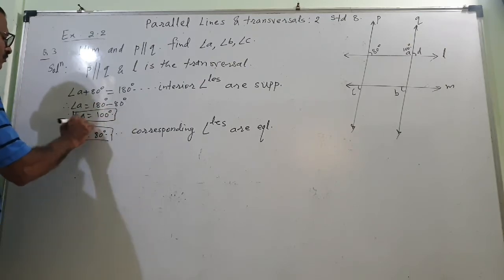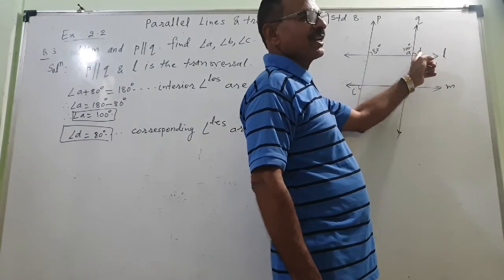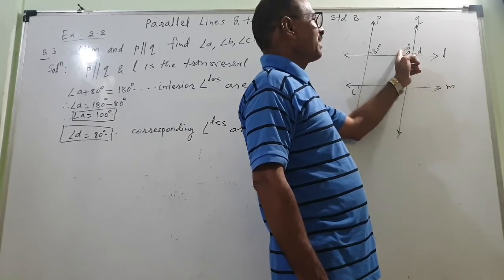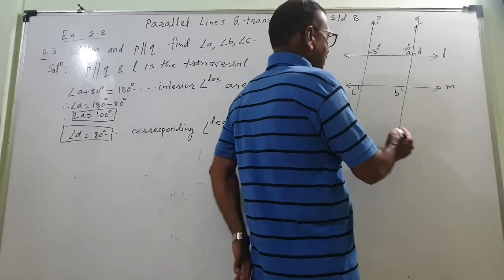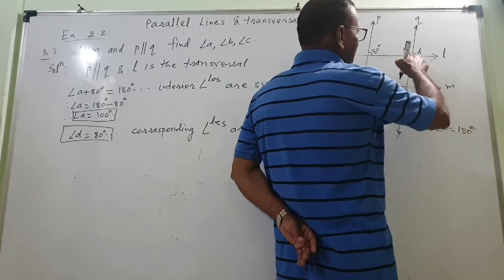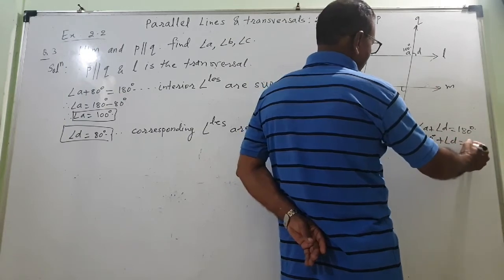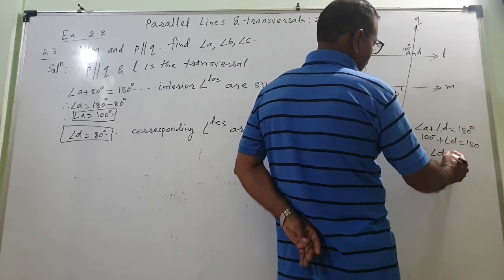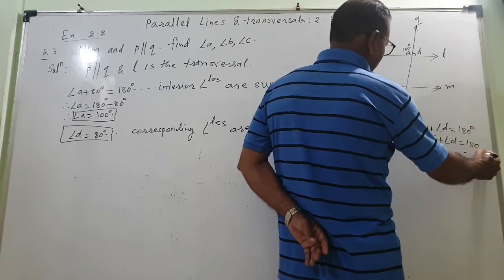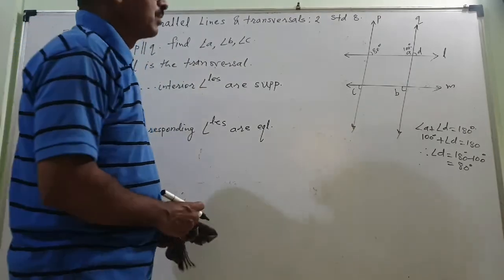A is over. Or somebody will say, sir, the sum of these two angles is 180 degrees. Angle A plus angle D is equal to 180 degrees. Out of that, A is 100. 100 plus D is equal to 180. That we know, linear pair angles. Angle A is 100 degrees plus angle D is equal to 180 degrees. Therefore, angle D is equal to 180 minus 100, and that is equal to 80 degrees. This way we would have done. That is also correct, and this is also correct. Okay.